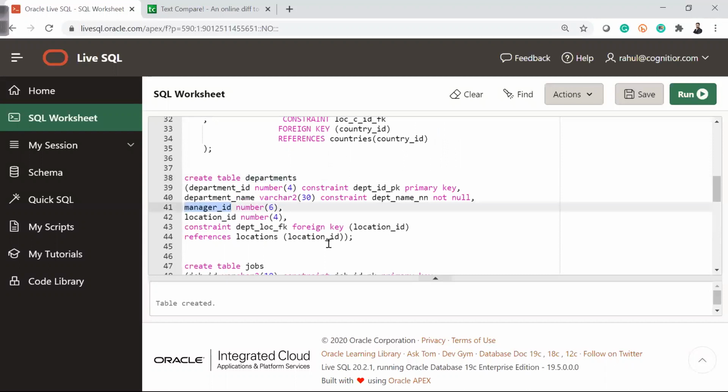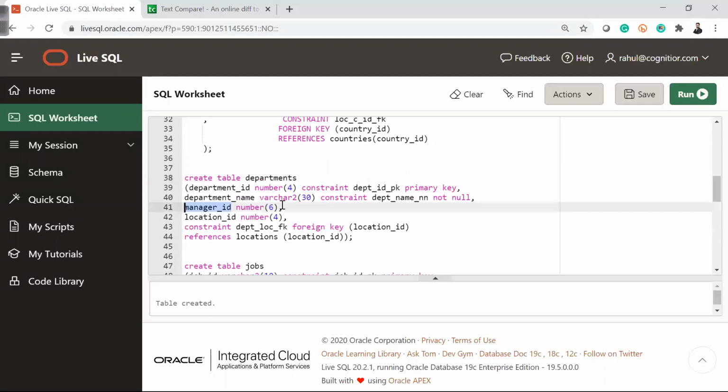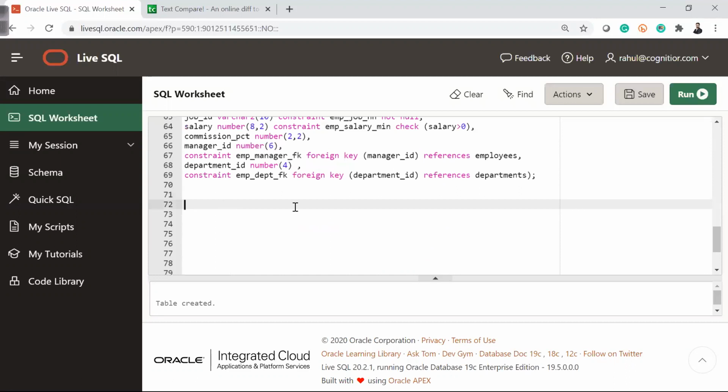So now the table is already created, so I cannot write and create it again. So there is a concept of alter. I want to alter the table. There are three types of statements: DDL, DML, and DCL. We'll talk about that, but as of now, alter is the command which we are running.